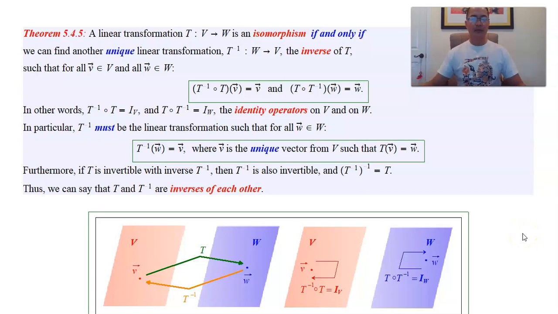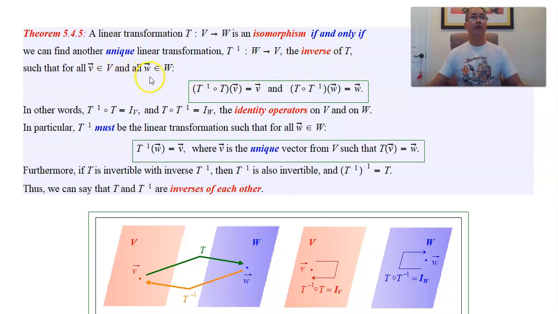So again, as before, this notation T1, T2 is not a very natural notation. So instead of writing T1, we are just going to write T, and for the inverse, we will use T inverse. So a linear transformation T from V to W is an isomorphism if and only if we can find another unique linear transformation, T inverse, from W back to V, the inverse of T, so that for all V